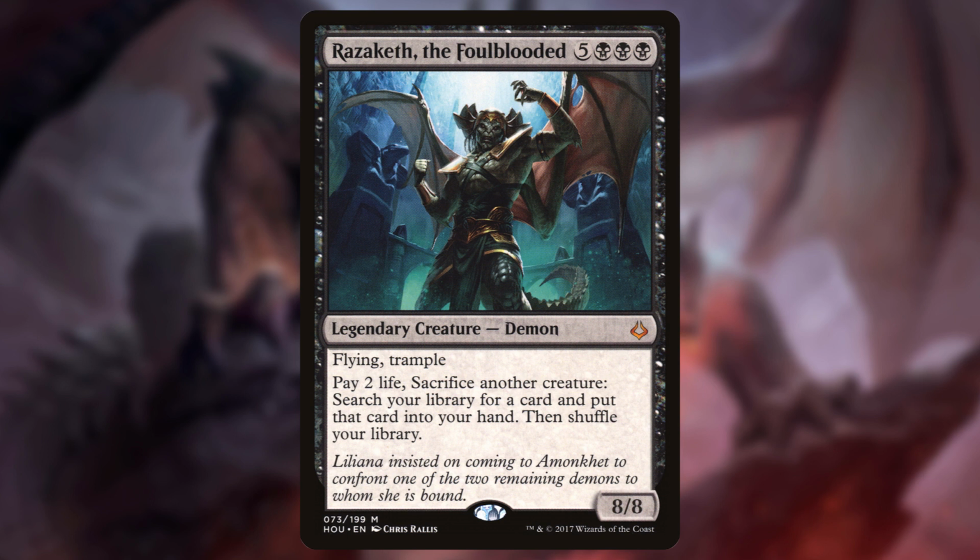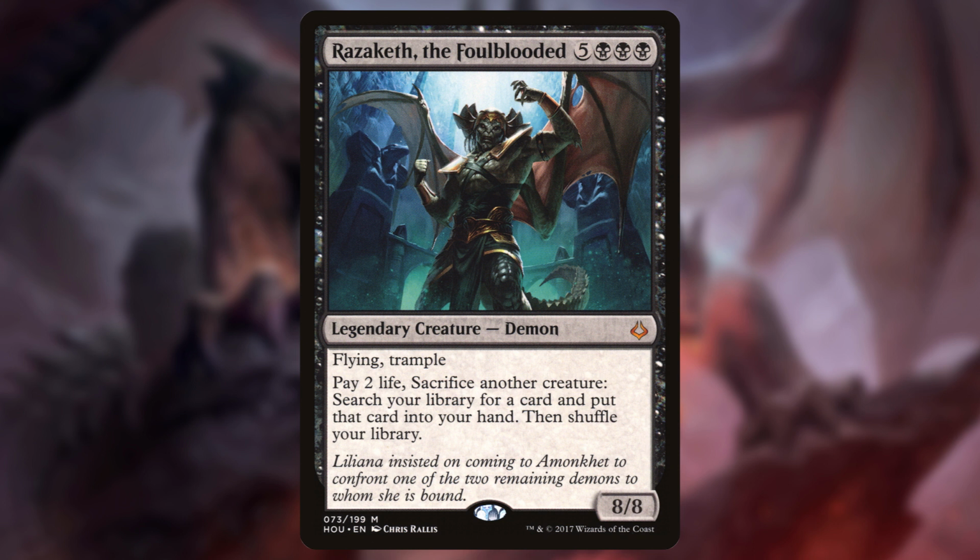Razaketh, the Foulblooded. 8 mana, 8/8, flying trample, pay 2 life, sacrifice another creature, search your library for a card and put that card in your hand, then shuffle your library. You can sack one of your ugly demons to get a pretty angel if need be, then cast it for free with Kaalia. Value more like...